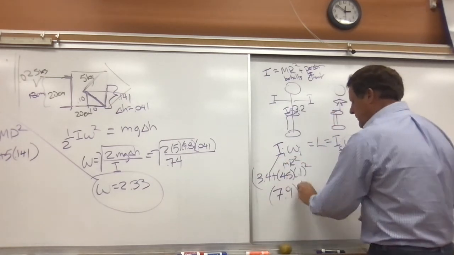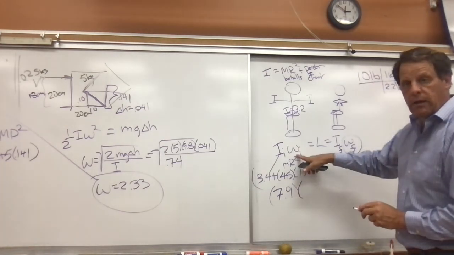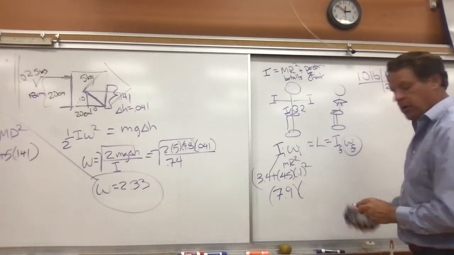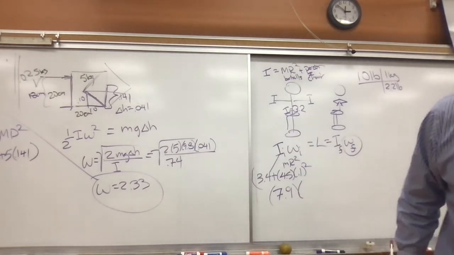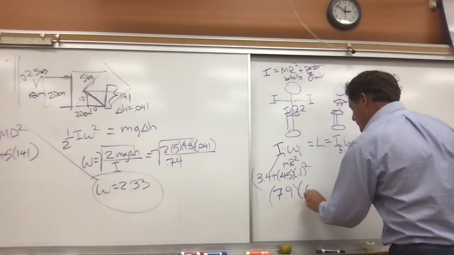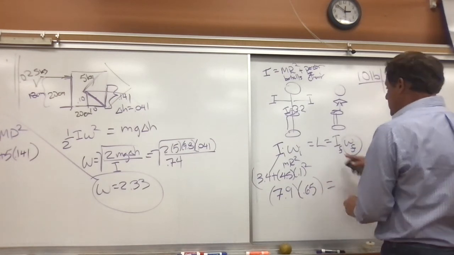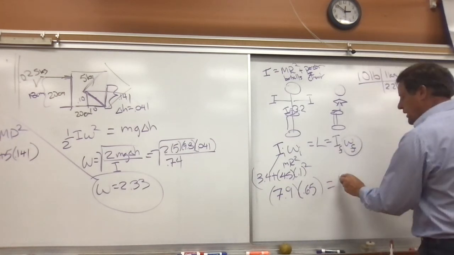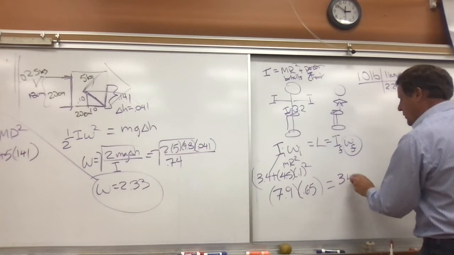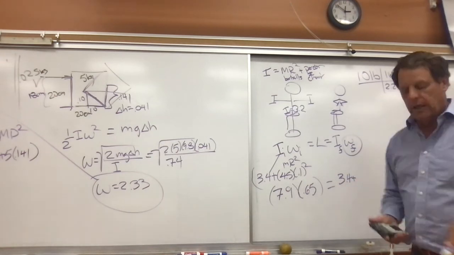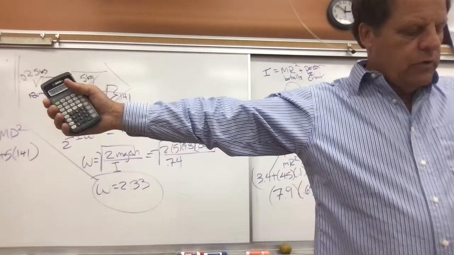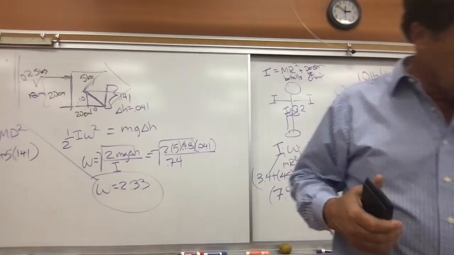That's our I. This omega was given in the problem at 0.65, okay? And this is going to equal the I here, which is again going to be 3.4 plus our mr squared. And when those 10 kilograms get moved in,